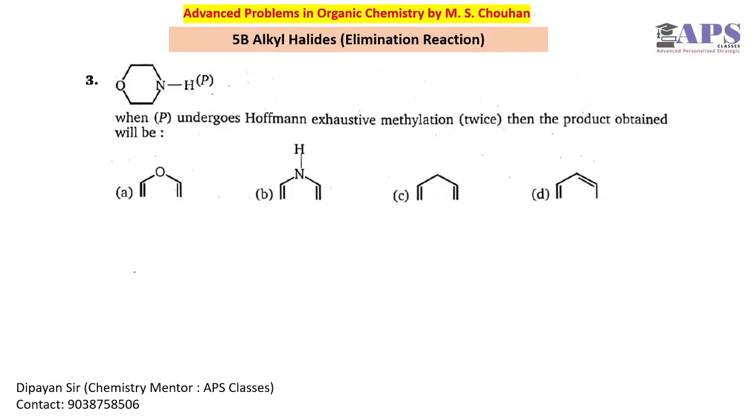Moving forward to question number 3, here we have to go for Hofmann exhaustive methylation. So I can show you this question elaborately. So the initial molecule is this one. So we have to perform the Hofmann exhaustive methylation twice. So CH3Br, SN2 type of thing, and